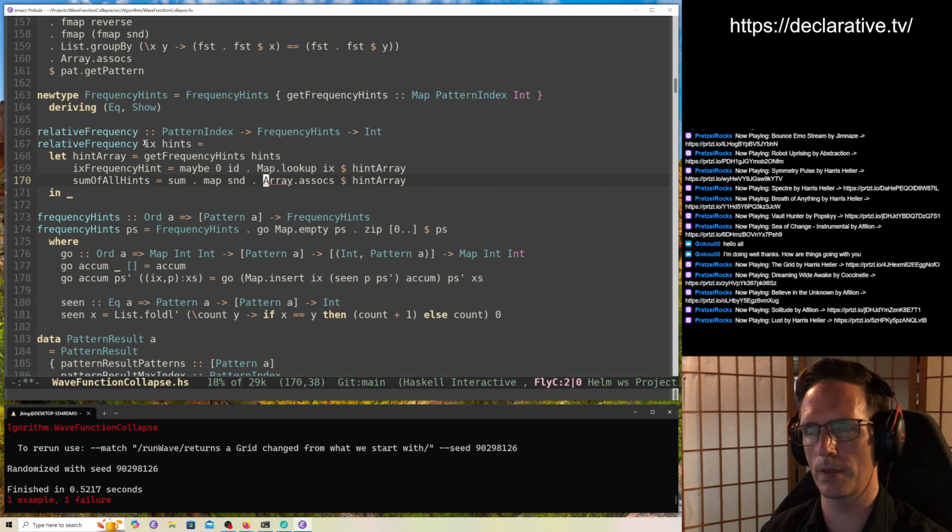Except it's not, it's a map, isn't it? And so that would be map. Association for that. Okay. It's not integrating. Okay. And then